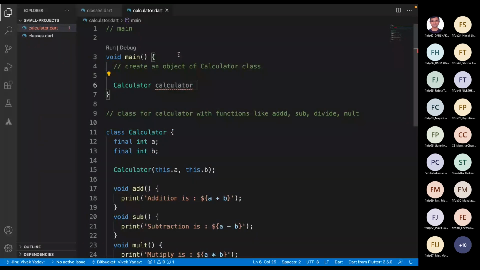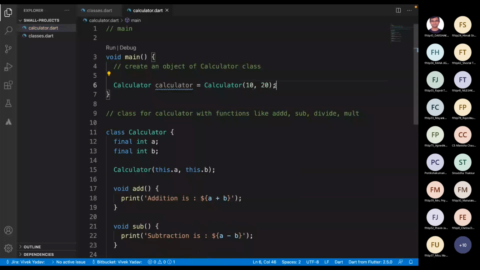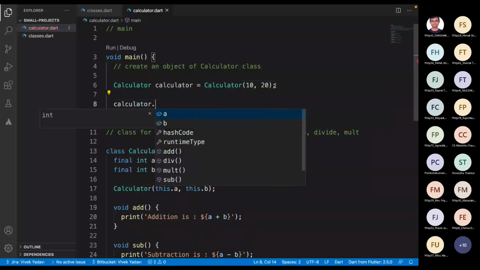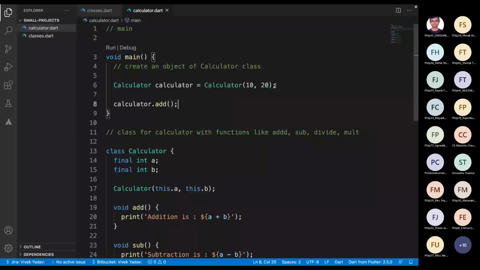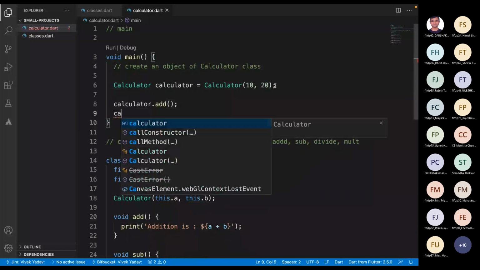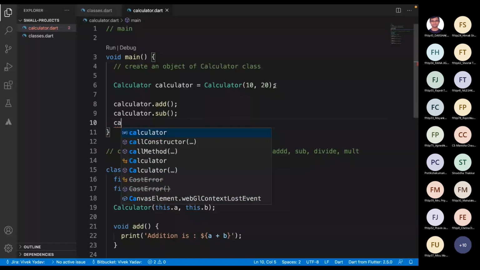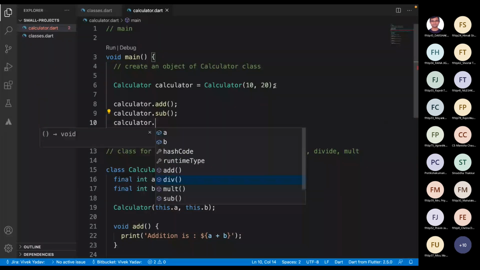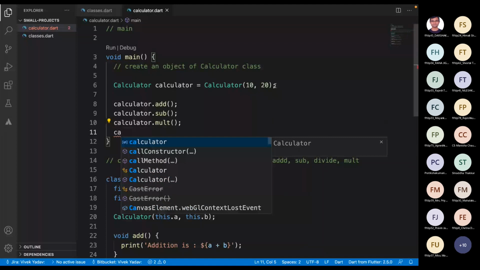The object name is calculator, and here I will pass the values 10 and 20. Then I call calculator.add, calculator.subtract, calculator.multiply, calculator.divide.